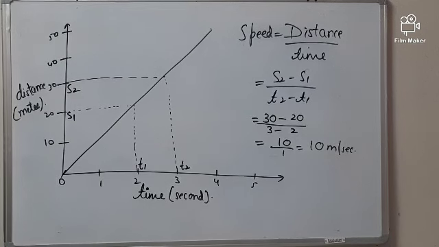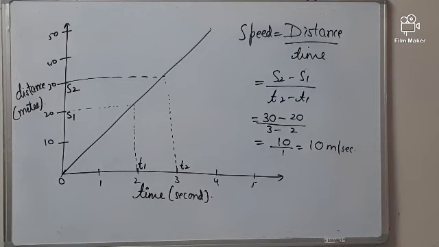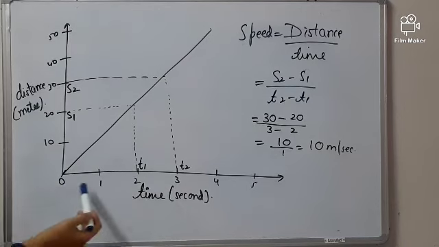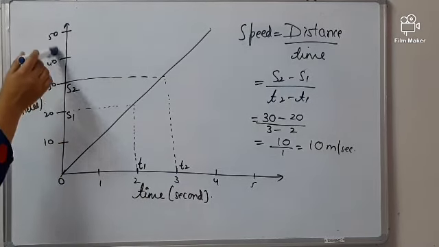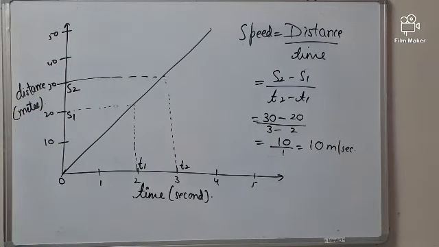Now children, the next topic under distance time graph is how to calculate the speed using the graph. So I am giving you one example. We are going to do this and understand it. And in the worksheet I will be giving you 1-2 more examples based on the same. So I have drawn the distance time graph, the same one which we have done for the other graphs. It's written 1, 2, 3, 4, 5 seconds. 10 meter, 20 meter, 30, 40, 50 meters. These are your distances.